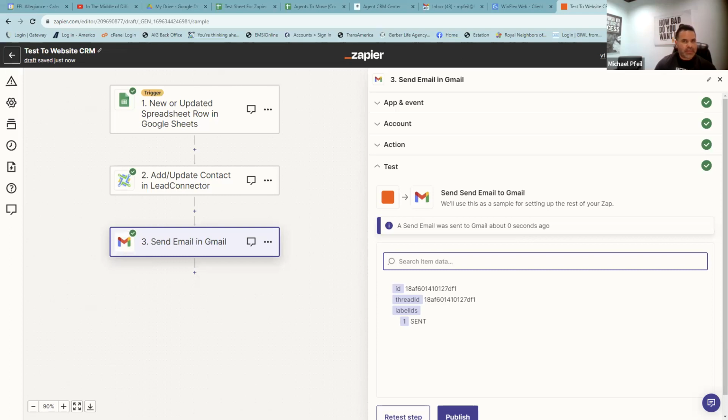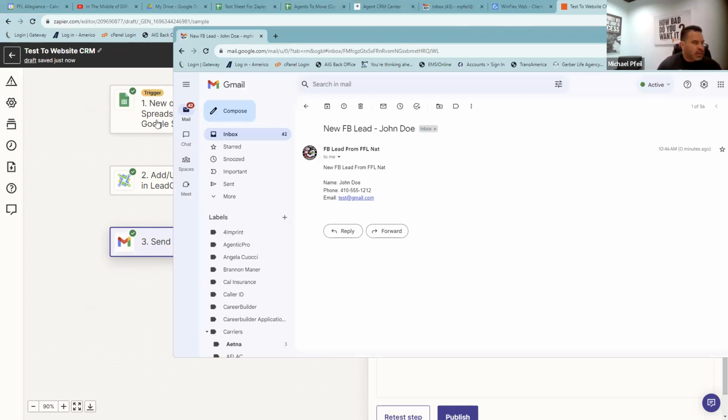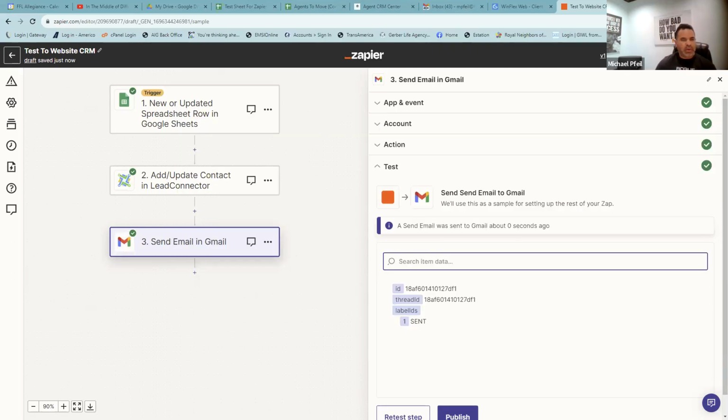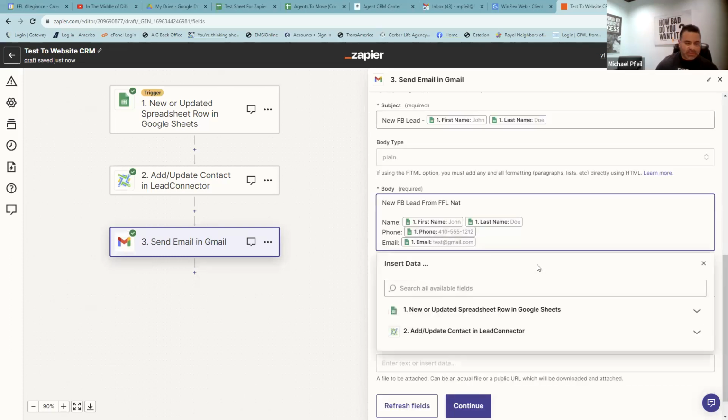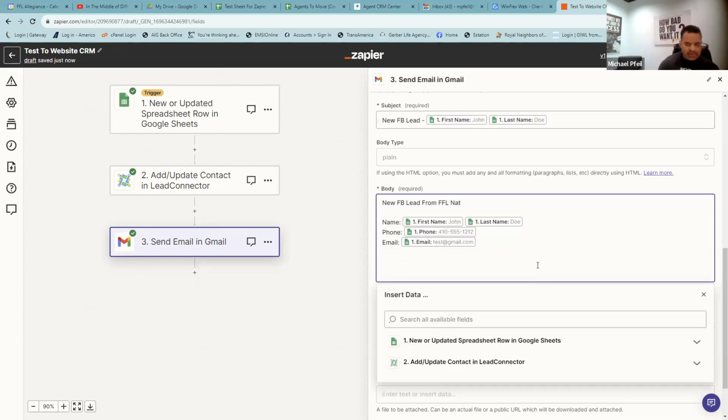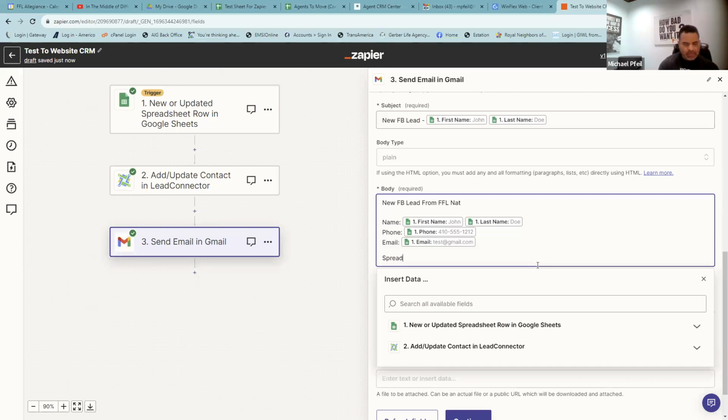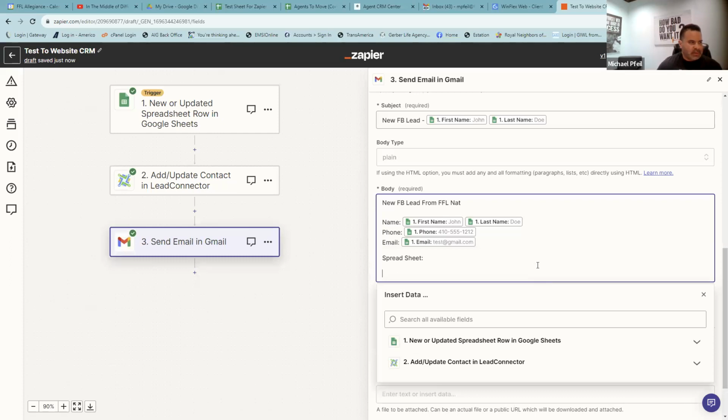Let me drag this over here. You can see this email came in. So new FB lead, John Doe, new lead from FFL Net. Here's my info. A lot of times you'll see we will attach a spreadsheet. So let's say that every time I get one of those emails, I also want to have the spreadsheet attached to it. So I could say spreadsheet, because maybe you don't want to go into your Google Drive and find